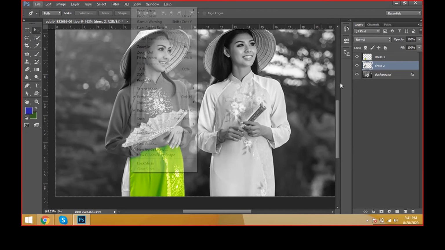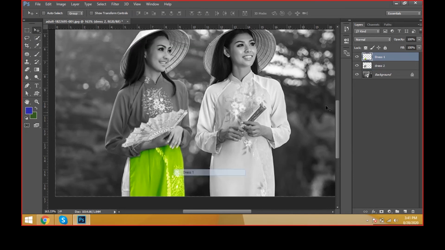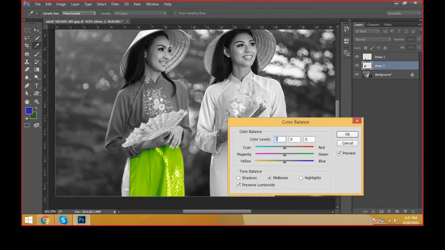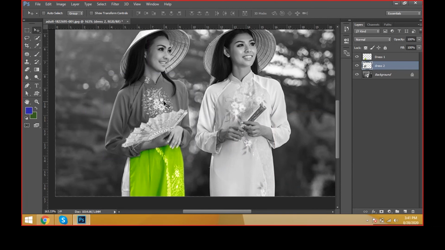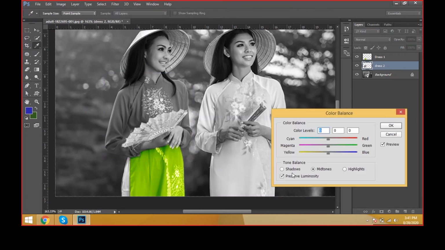Okay, now Dress 2 has been taken. Again, for Dress 2 I have to give the same color tone to this dress color. How is it possible? See, again I pressed, can I apply the same color tone here? Is it possible? And can I get the values we applied here? Means we don't know, we already applied this one. Okay, then how can I apply the same colors here? Okay, if you go with Control B, color balance, we can see the color values we have given. We can't.